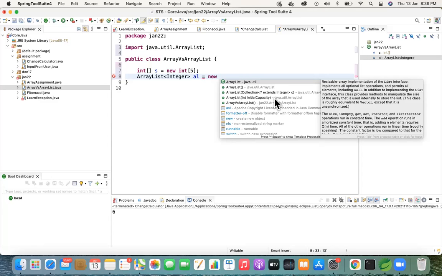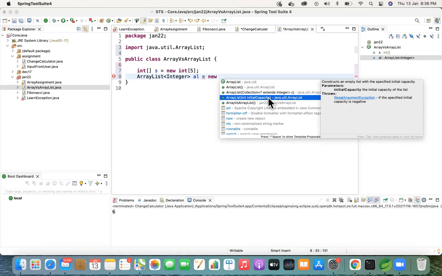And even if you exceed that capacity, the system will not throw you any error at runtime. It will internally resize your entire array list. It will create a new copy of your array, store all the data in the fresh copy, delete the old copy, and add your data in the new copy. So anyway, it will not return you any error. But it's a best practice to always follow the initial capacity, so you will be clearer about what your array list size was. We'll go with this one. Yeah, you can go with the initial capacity right now.